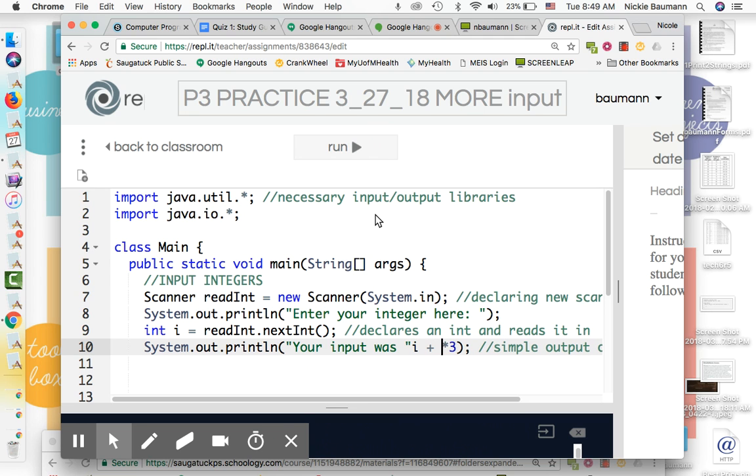Remember, a plus sign is just to kind of add, not necessarily add values, at least at this point, but add words. So your input was I, then you might say,